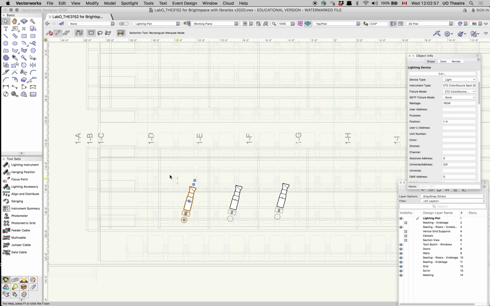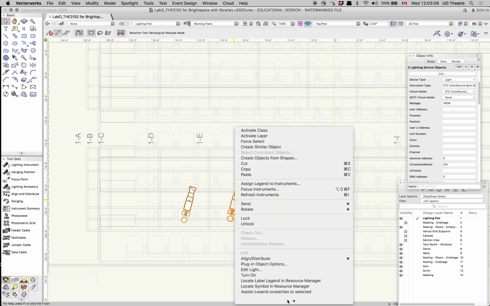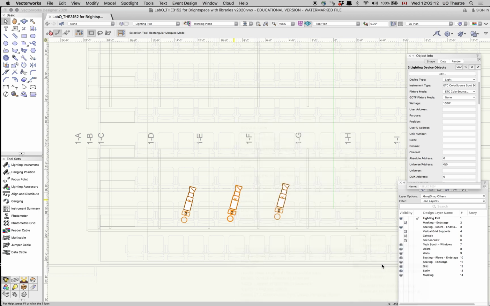And if you want to make them perfectly in line, easiest way to do that is to kind of click and drag over the whole area, hover over top of one of the lights, and scroll down to Align Distribute, and then Align Distribute to the middle, and that will line them up for you all in the middle like that. So I could keep copying and pasting, say, these three lights, Command C, and then come up here and